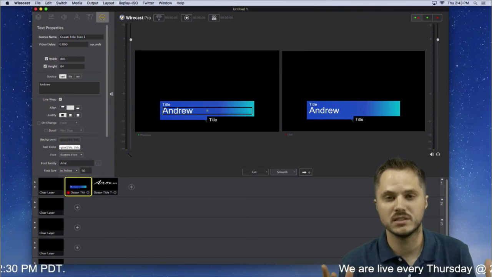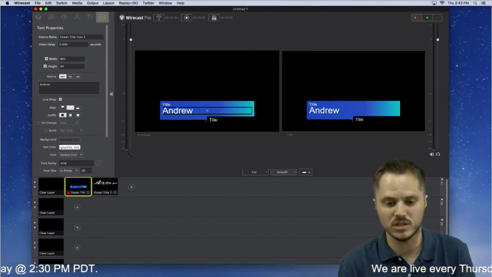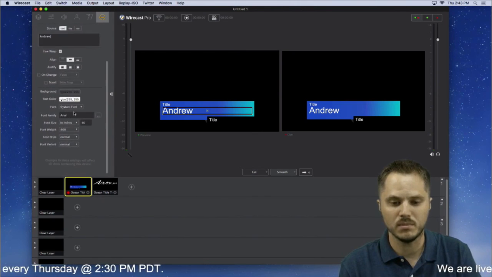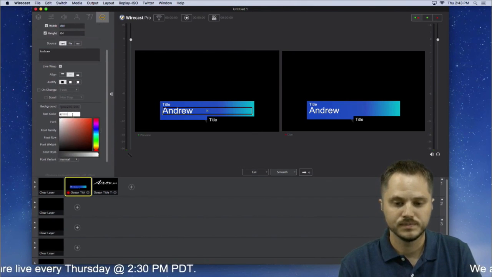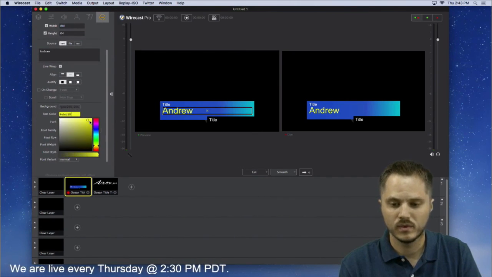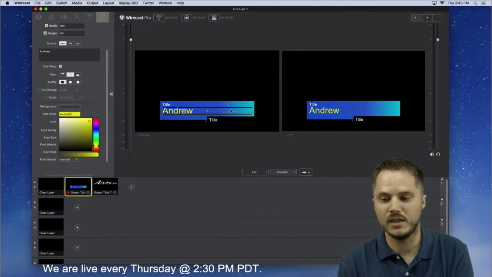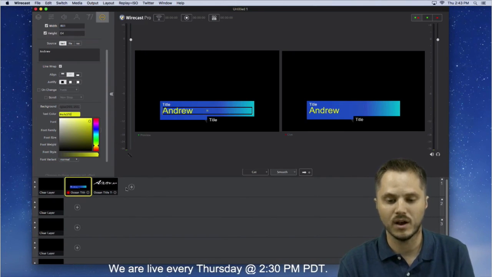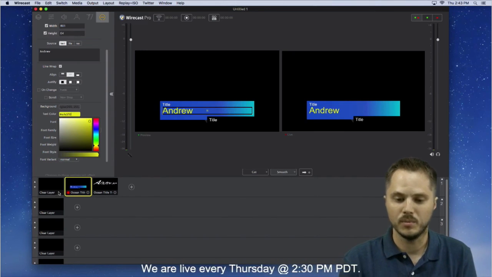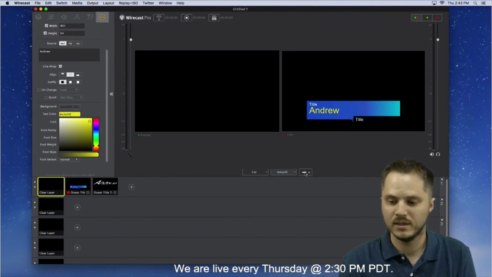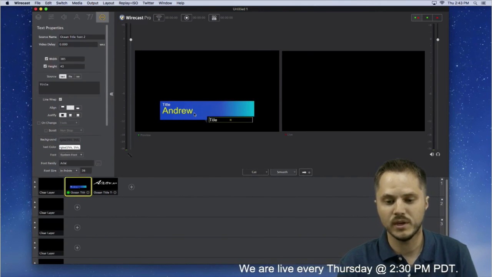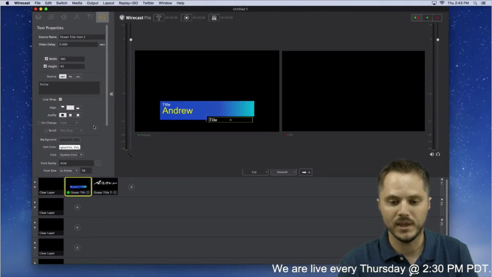If you want to make substantive stylistic changes or content changes, say make the text yellow, then you don't want your audience to see you making those changes, so you've got to take it off the live window in order for them not to see that. So take it out of the live window, then bring it into the preview window and make your changes.